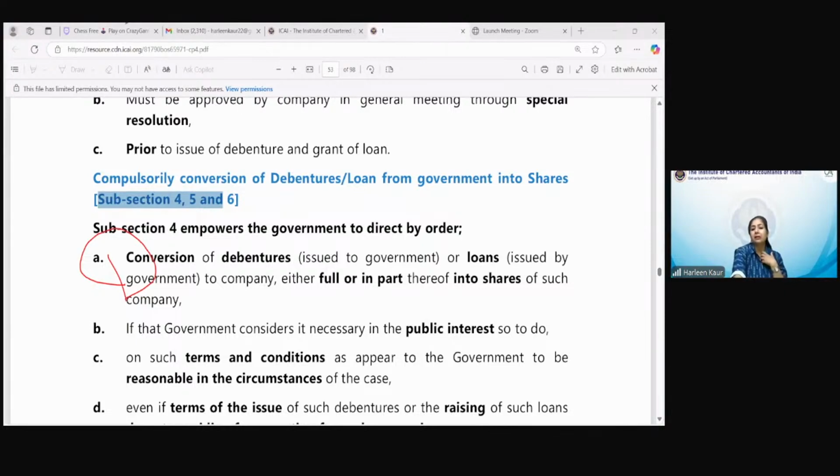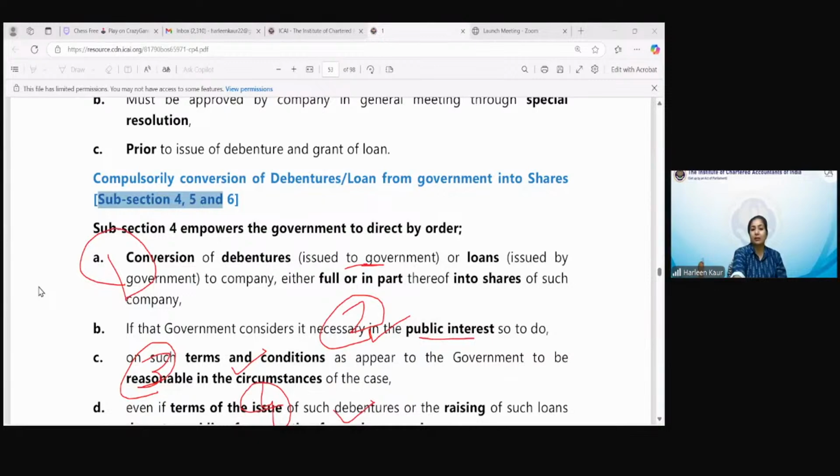We will be doing section 71 in detail also. Debenture is a kind of a loan or a borrowing which has been issued and money has been raised by issuing debentures. So it is a kind of a loan. So you have issued a debenture to the government or loan issued by the government. They will convert it compulsorily into shares if it is in the public interest, and terms and conditions will be decided by the government. And fourth point, it says, even if it was not clear at the time of issue